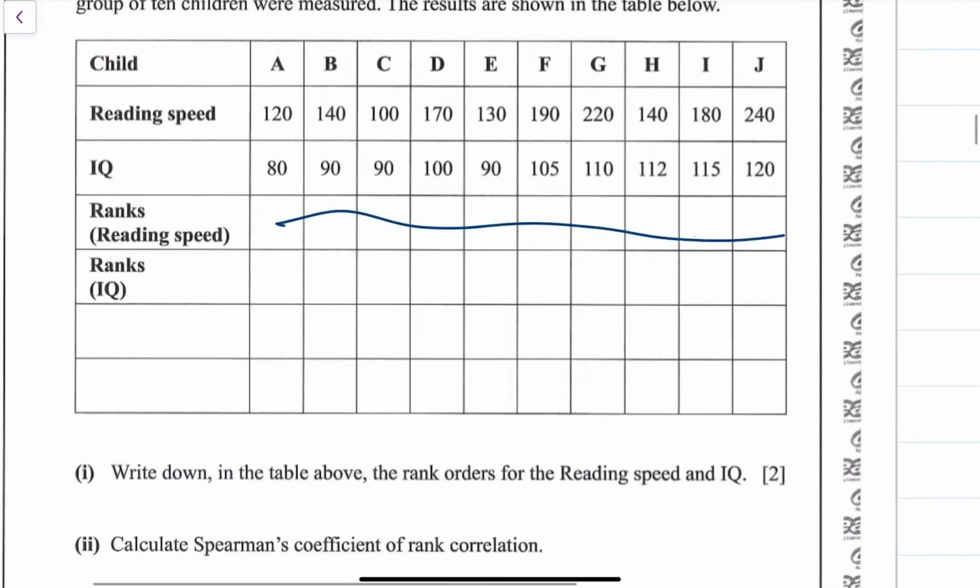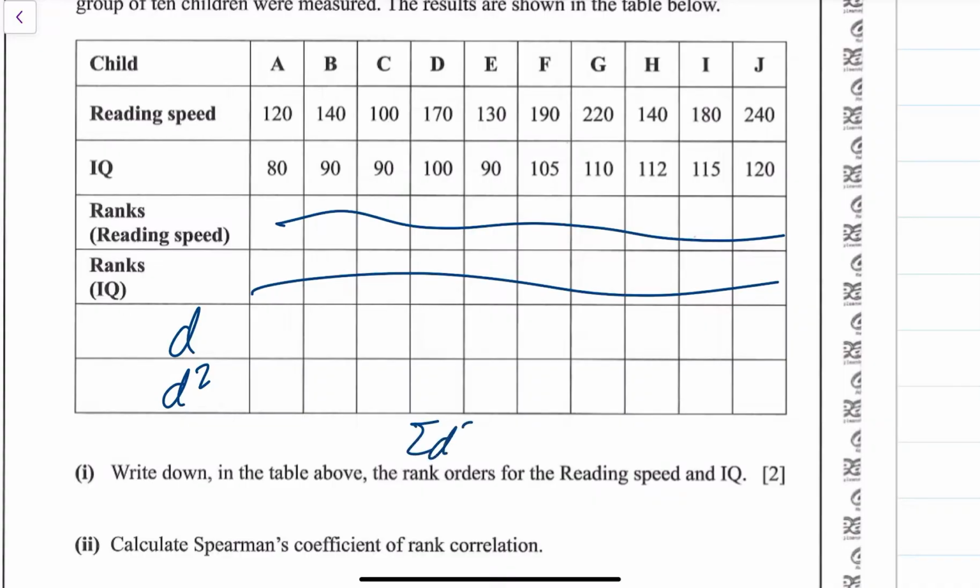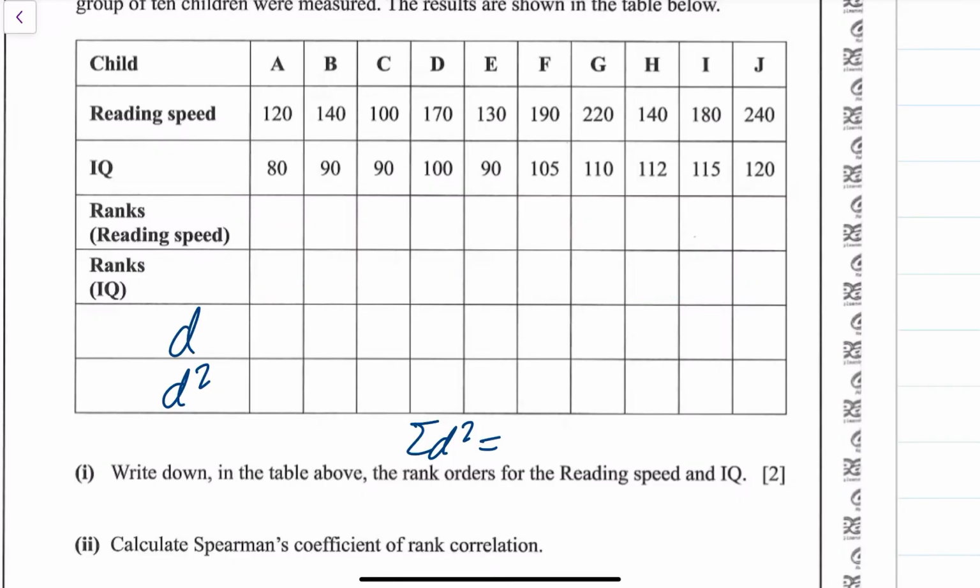So we've got to do all of these ranks, then you do your D, that's the difference between the ranks, and then we do D squared, because for the formula we need sigma D squared. So we need to add up all the D squareds to get there. Okay, the ranks, I've done these in descending order, so the reading speed, the best one is the highest one, so that's 1. Next one is 220, the next one is 190, that's my 3,